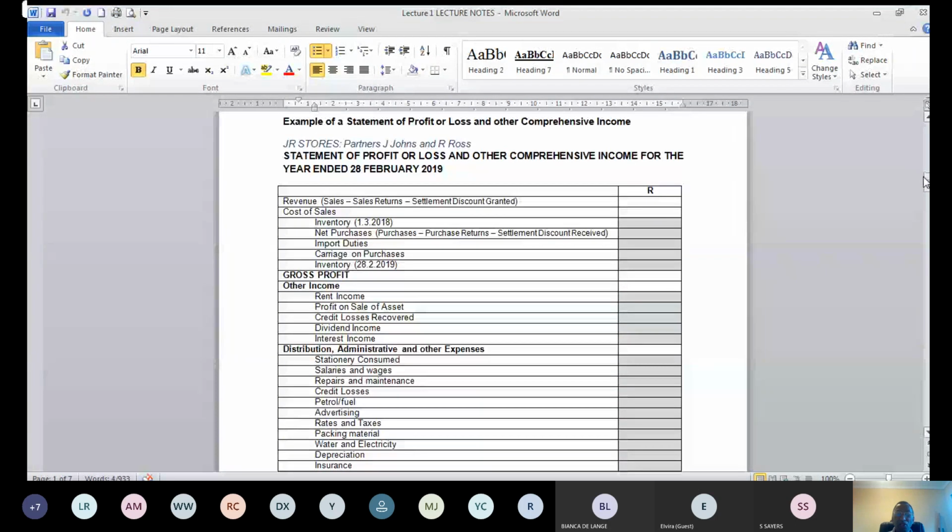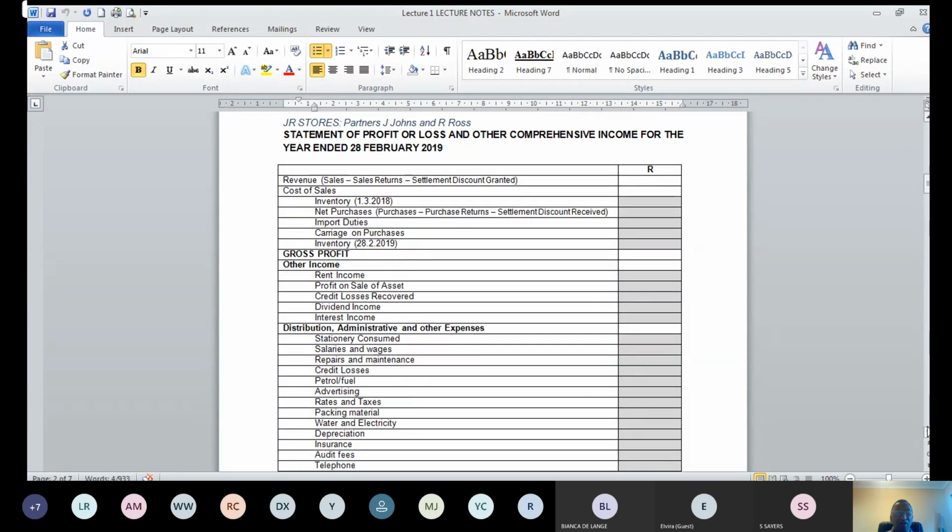Right. We focus on our first financial statement, and the first financial statement is the statement of profit and loss and other comprehensive income. Nothing strange to you guys. Everything is the same as in the case of FAC1602. Start off with the revenue, which is your sales minus your sales returns, minus your settlement discount granted,